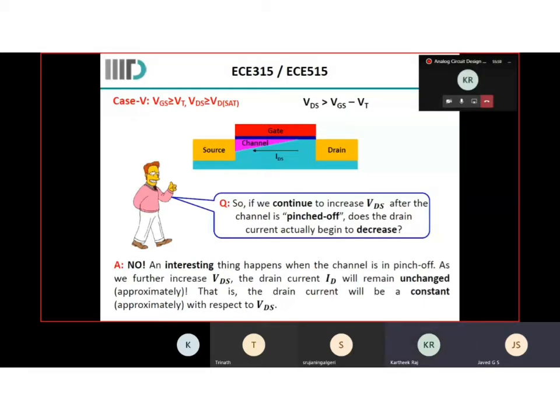My doubt is, when you increase the voltage at the drain, it is positive voltage, but the channel is formed by negative electrons. I lost you. Can you repeat your question again? Yeah. So when I increase the drain voltage... lost you again. Can you just repeat it again? Let us say my drain voltage is positive. I'm increasing it positively. So the channel, which is negative, so it is electrons, no? So it has to attract, right?